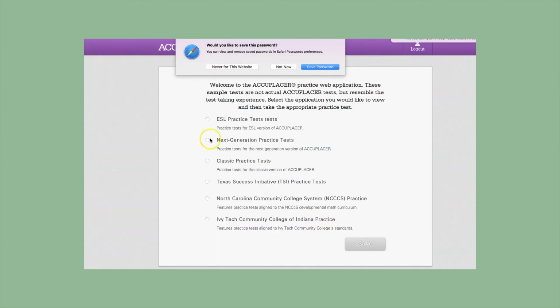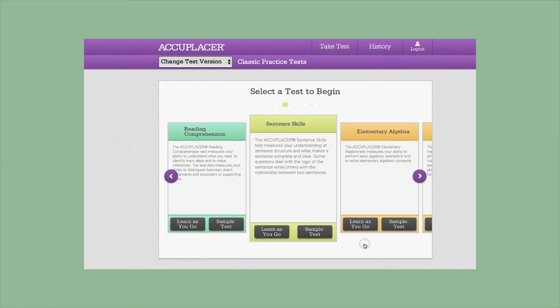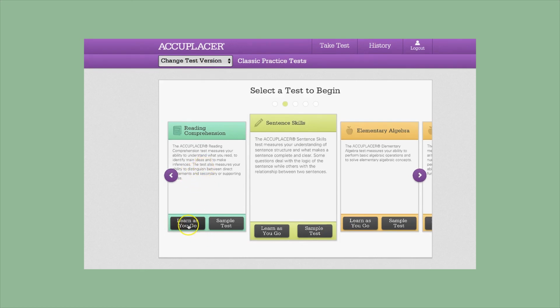But what you'll want to do is you will want to get the app. So you'll want to sign up for it. It's not a download. This is just in the browser. And the really nice thing about this website is that once you sign up for it, you can take the Accuplacer here for practice.